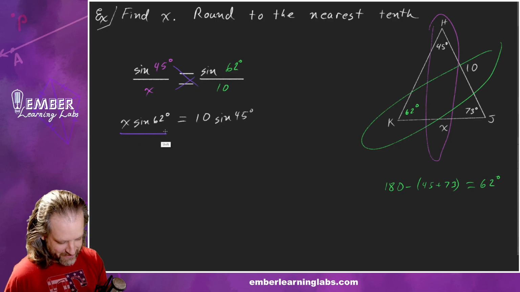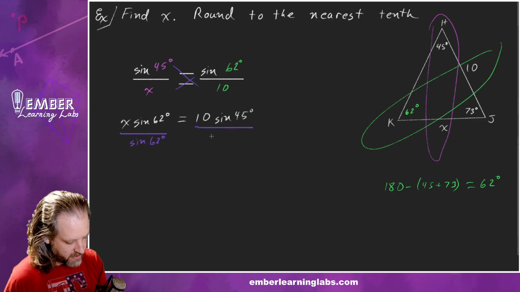Can divide by the sine of 62 on both sides. It is square root of 2 over 2, though. Sine of 62 degrees. Divide by the sine